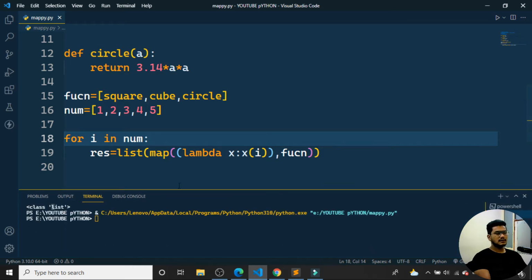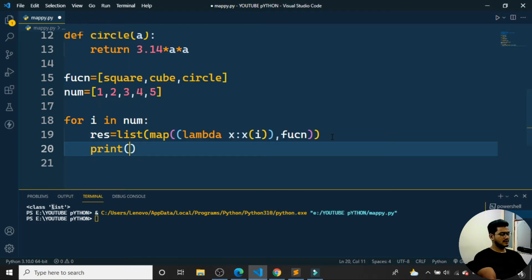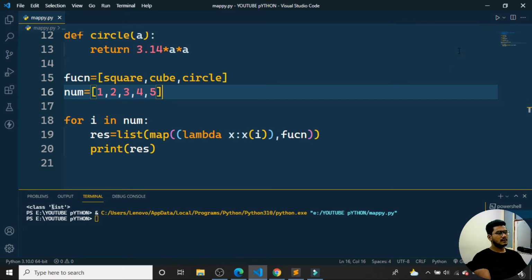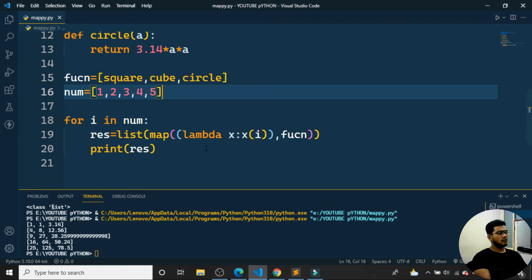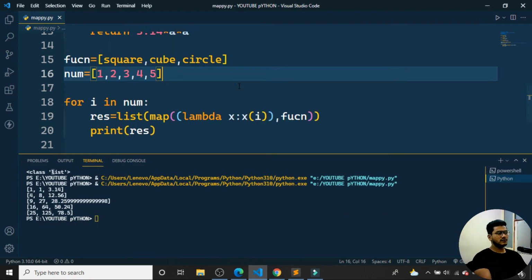So here it's been done. Okay, then I need to print also, right? I didn't print the value of result. I need to print whatever the values are. So when I run the program, we can see the output. So what is the output that happened? See, so nicely the concepts are used in the program.